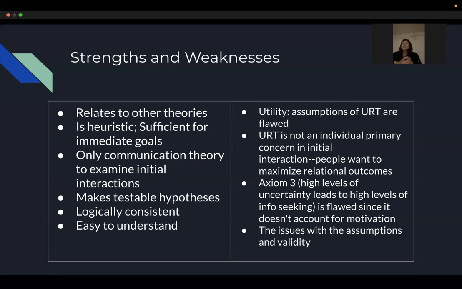And we do this no matter where we go. We do this when we interact with people at work. We do this when we interact with customers. We do it when we interact with salespersons, almost everybody. And what happens a lot of the time is the utility assumption of reduction theory is flawed, and we have these assumptions and questions of validity about whether or not we think somebody is trustworthy,